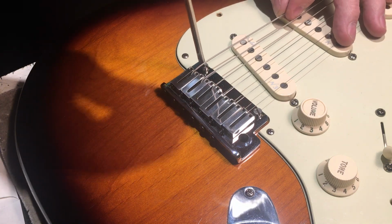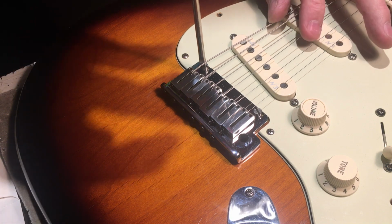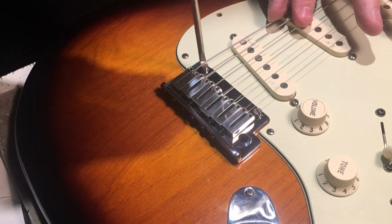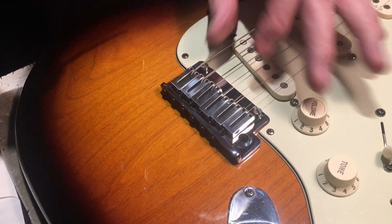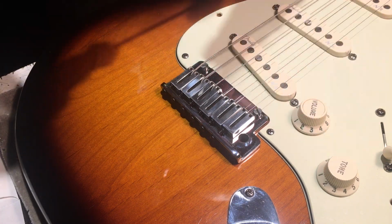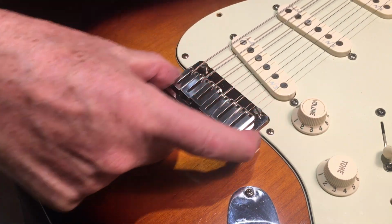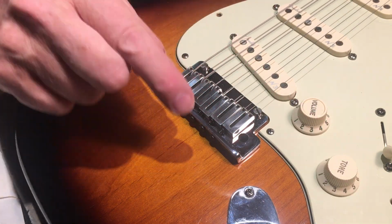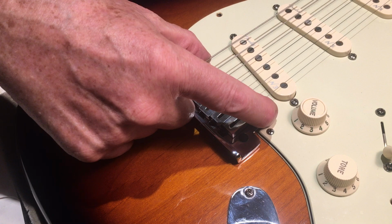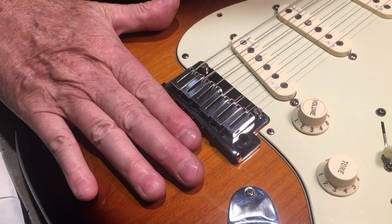Now if I do the same on the bass side, you'll hear the same thing. So I know that this is the absolute lowest point where the front edge of the bridge plate is flush with the body. But I don't want that necessarily sitting flush with the plane of the body, because what will